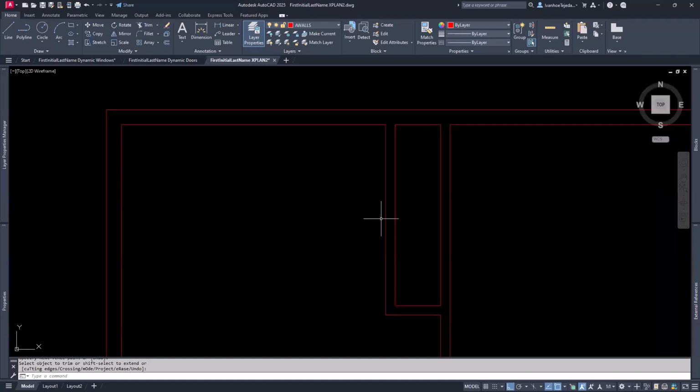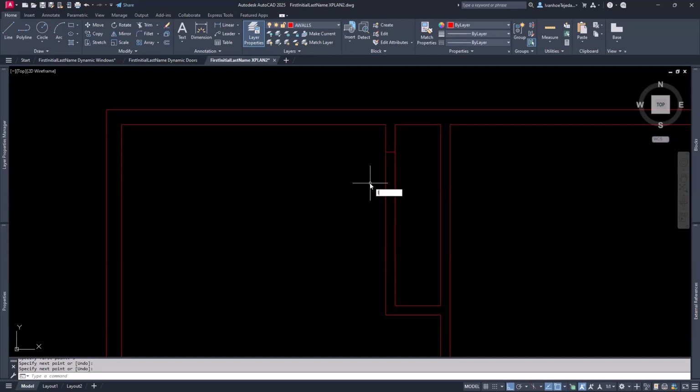But instead of drawing a line here at the midpoint, I'm going to track it. So I'm going to type L, enter. And instead of clicking, I track. So I just pause there for a moment and I go straight up and I type 3 feet, enter. So it's offsetting 3 feet from the midpoint. And then I come over here, let it snap to the perpendicular, click, and then enter to terminate the command. And if I want to, I can do the same thing on the other side, either from the midpoint or from this